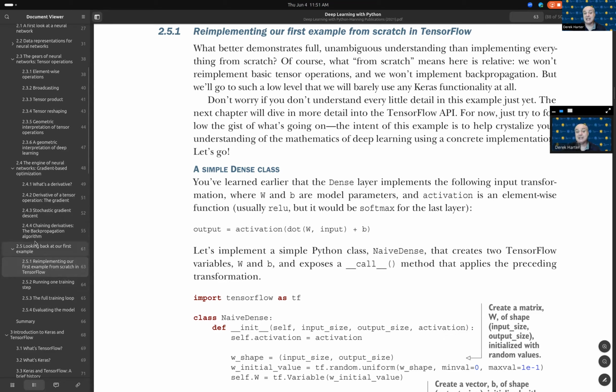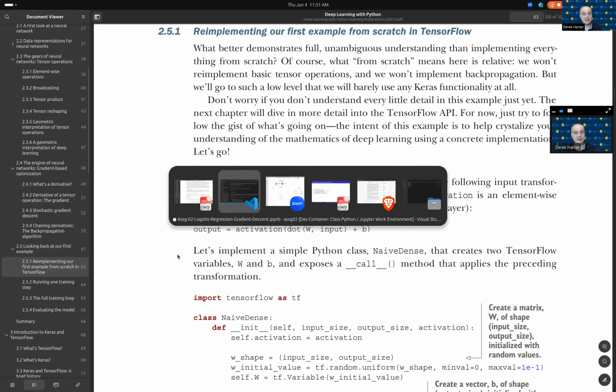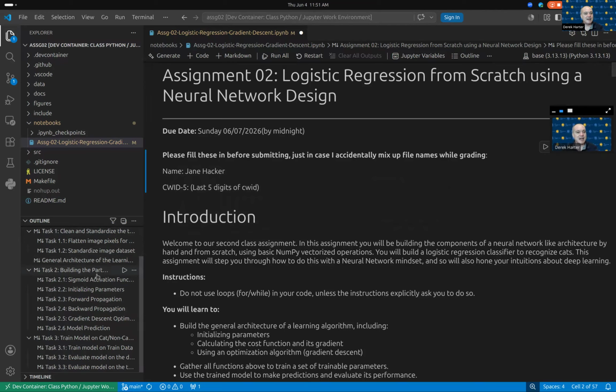But yeah, we're not using TensorFlow, even though you were supposed to read chapter 3 for this second part of the first week here. Not until the next assignment will we start using Keras. And then later on, we will have some assignments where we have to do some lower level stuff with TensorFlow as well.